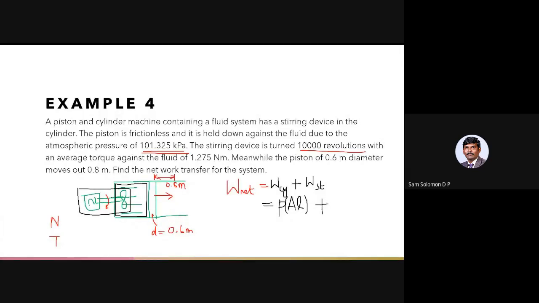What kind of work is that? It is mentioned as torque. Torque is nothing but a rotary force or a rotating force. So torque is going to be T, and how do I convert it to work? I have to multiply it by 2 pi n. So 2 pi nT is the work done in case of a steering device. I'll give you a couple of minutes. You can substitute the values and try to get an answer for it. Can any one of you tell me what answer you get, approximately at least?